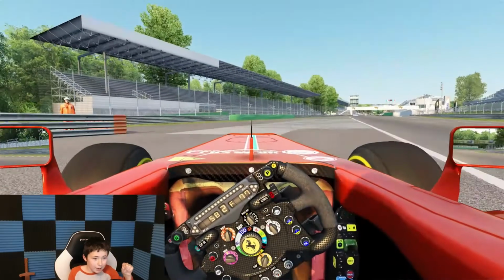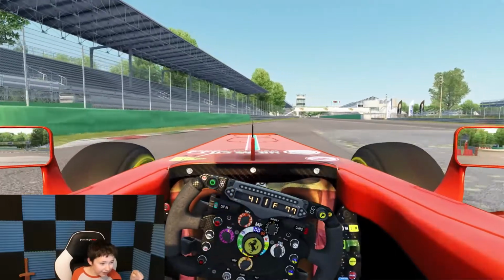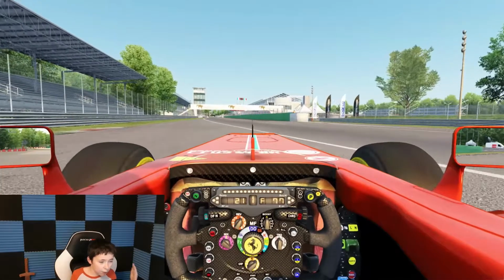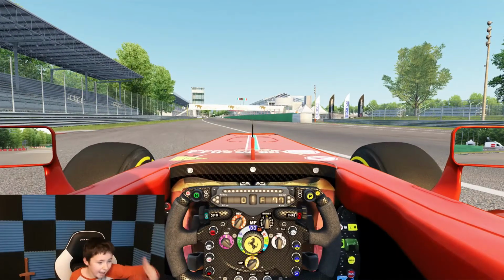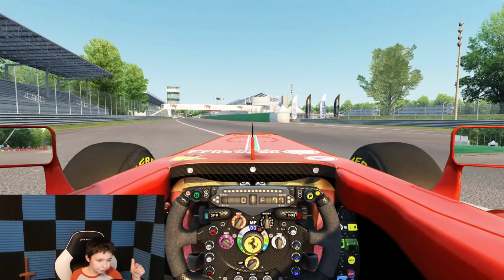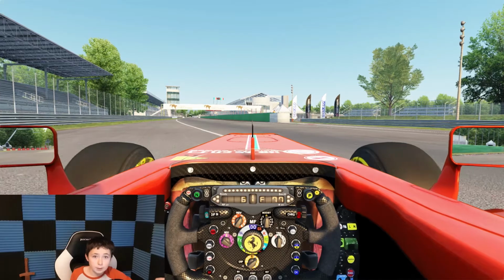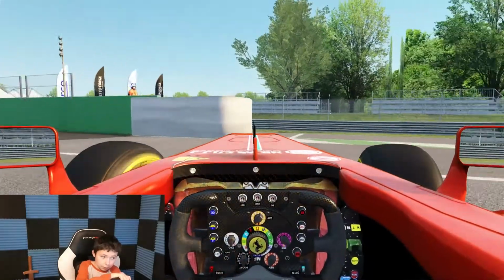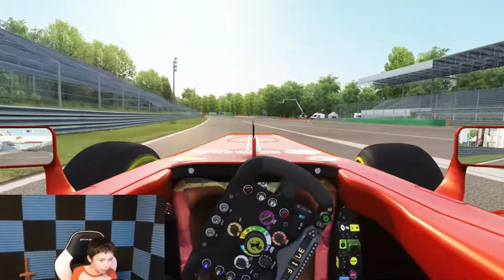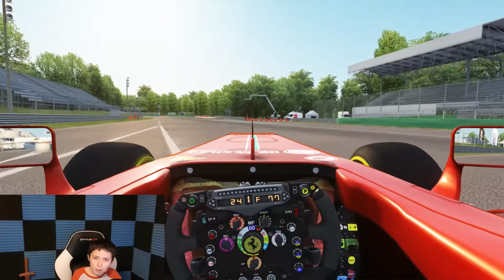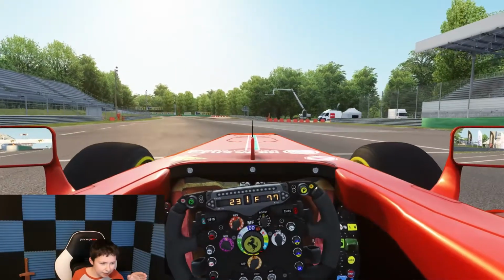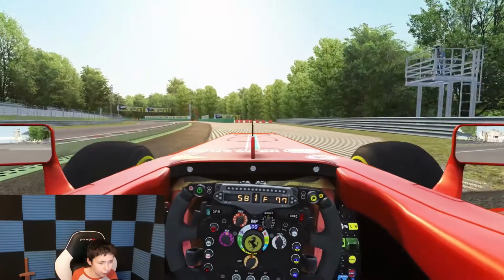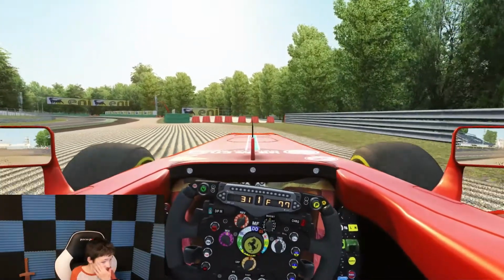We're now back, and now the banking is not there. On the right-hand side, there was a massive thing with hay bales going down the side, but the hay bales have gone now, and there's a pit wall. So if we turn around, the banking should be there. This car did not turn very well. In real life you can see this really clearly, but in this game you have to go right up to it to see it. So if we go through here, you will see the banking